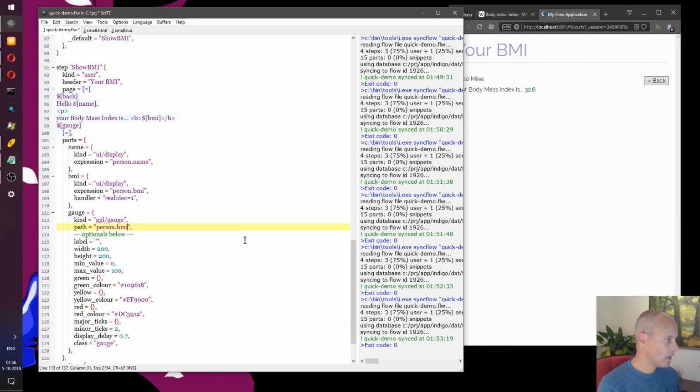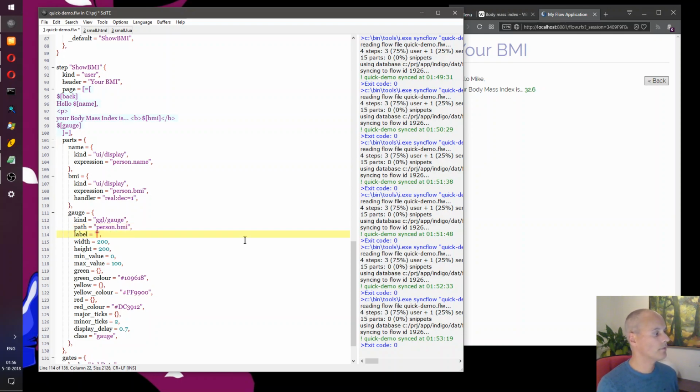So I just need to fill in a couple of interesting properties. Let's put BMI in there. What's a good maximum value for the gauge? 40, I think. Well, let's remove some stuff.